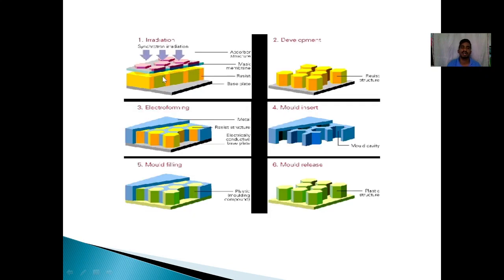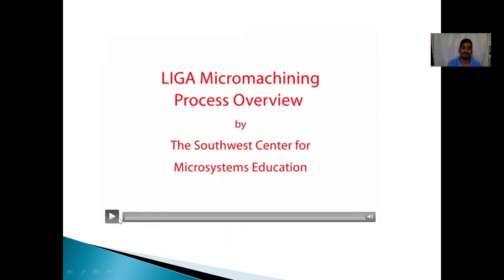This image shows the LIGA process, where polymethyl methacrylate is deposited onto a primary substrate. Then masking is done and collimated X-rays are applied. It removes the unwanted polymethyl methacrylate, leaving the required polymethyl methacrylate. When metal is electrodeposited onto it and the polymethyl methacrylate is removed, it leaves the required freestanding metal structure. Using this freestanding metal structure, we can perform molding. Here is a short video on the LIGA process.